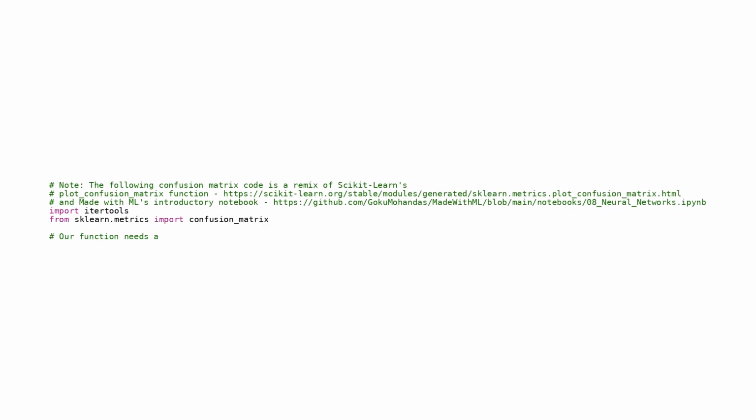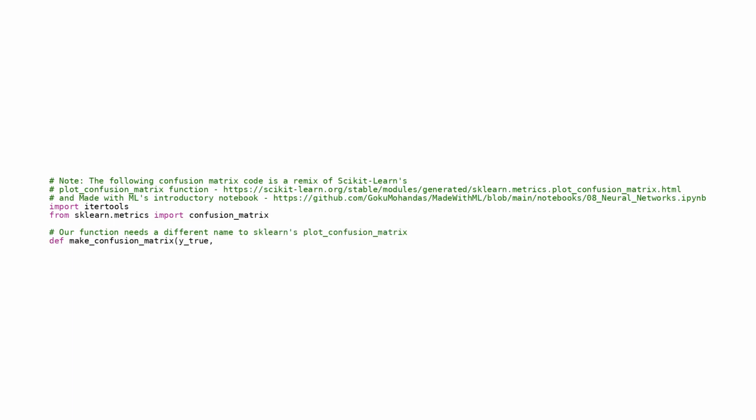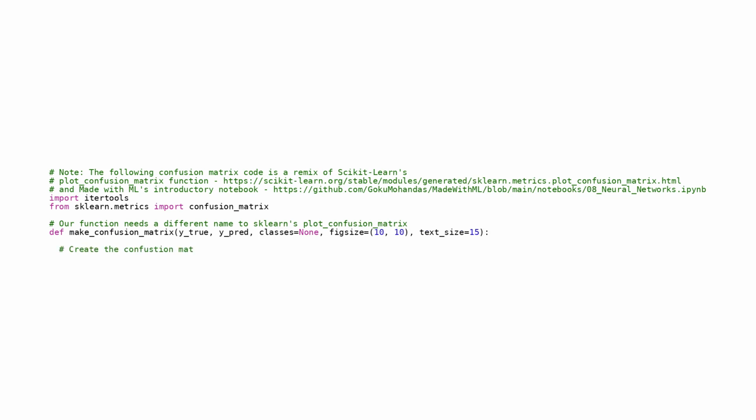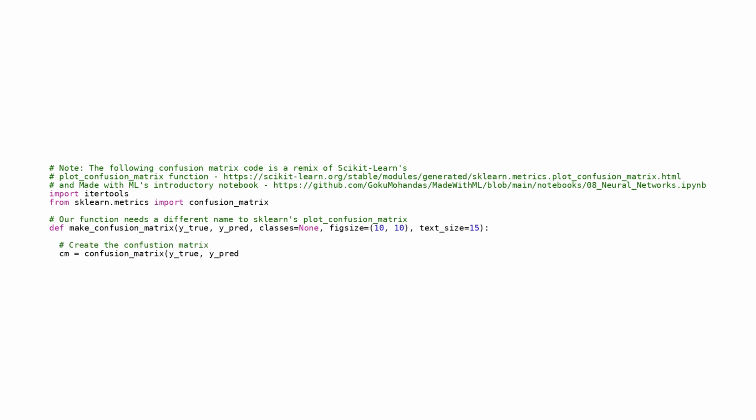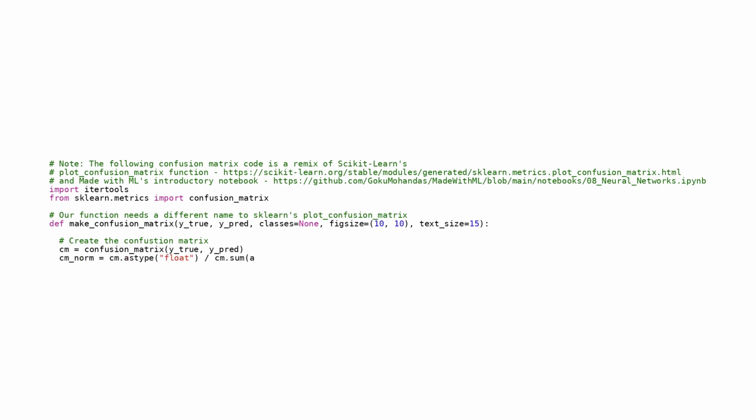The confusion matrix is used to evaluate the performance of a classification algorithm. It shows the number of true positives, true negatives, false positives, and false negatives for each class. This function first creates a confusion matrix using